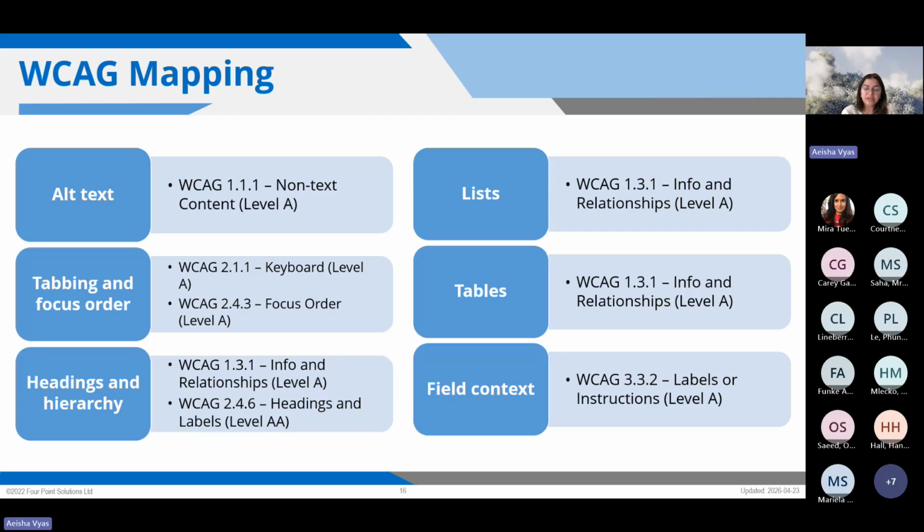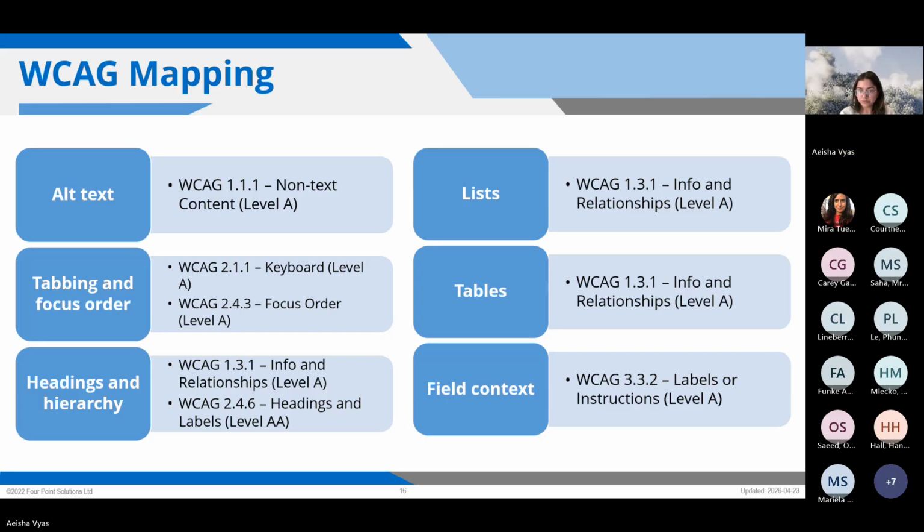When we define proper heading levels and hierarchy in the form, that maps to WCAG 1.3.1 and 2.4.6. This is about making sure structure isn't just visual, but programmatically available to assistive technologies so that they can interpret the document correctly. Like Lavanya provided correct heading levels 1 and 2, and correct roles to the lists. This is so that assistive technologies can understand the document